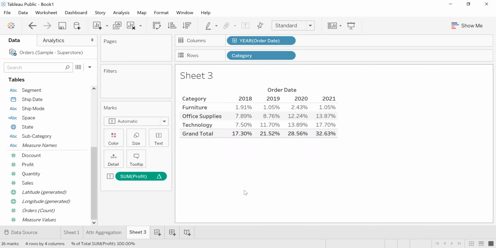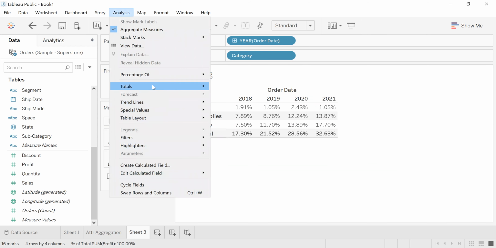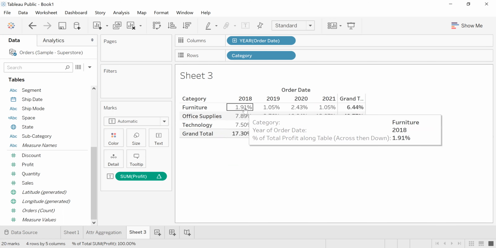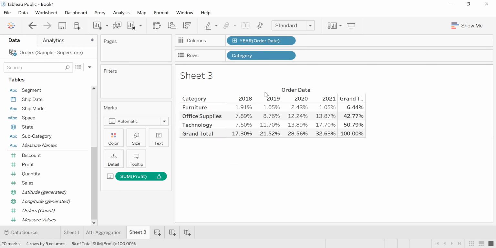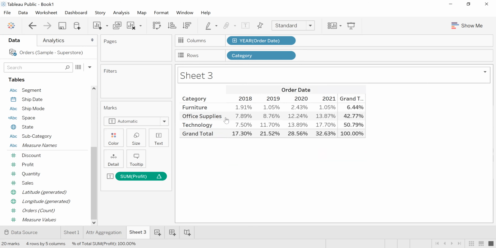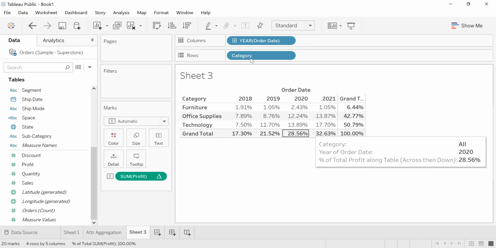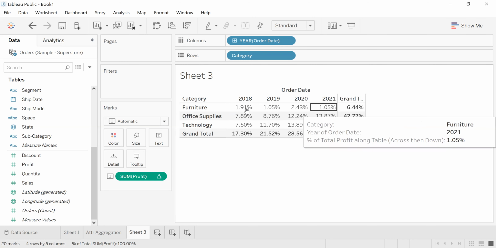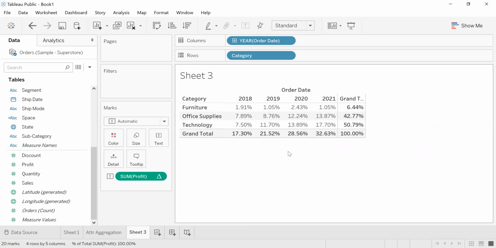When I click on that, let me add the percentage of total. If you see, it is taking the total value not by row or column, but the total value of the table. It combines each and every value of row and column, and you get one total value.